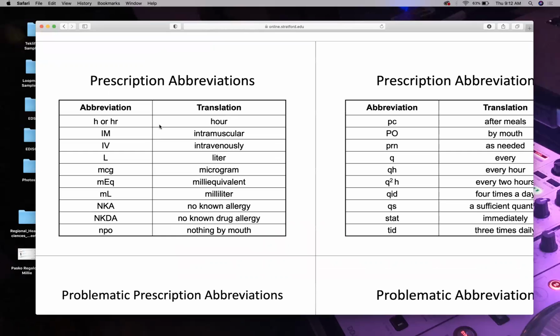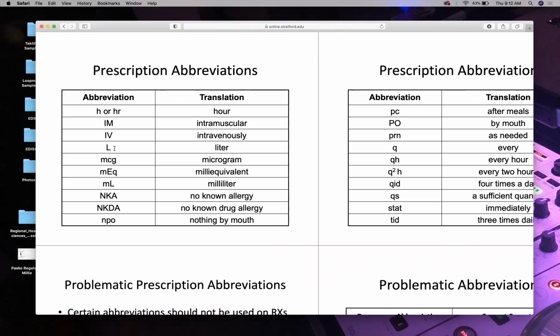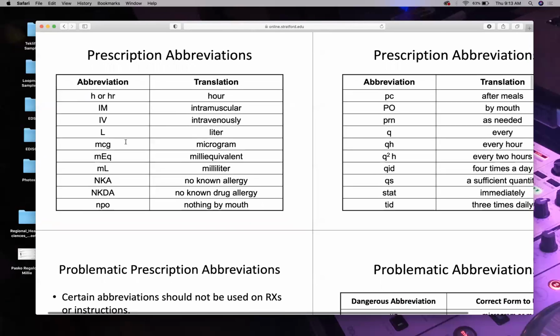Other abbreviations, of course, hour, and Q means each. So QH is every hour. IM, intramuscular, IV, intravenous. Those of you who are in my Friday class, we're going to be playing around with intramuscular injections, simulated, of course. L, liter, microgram,